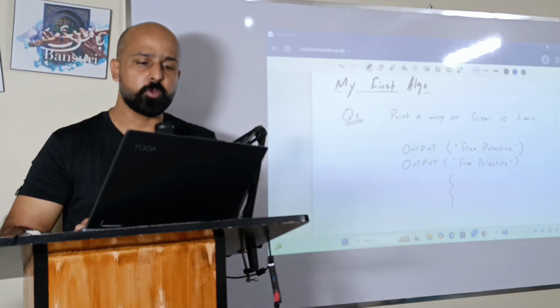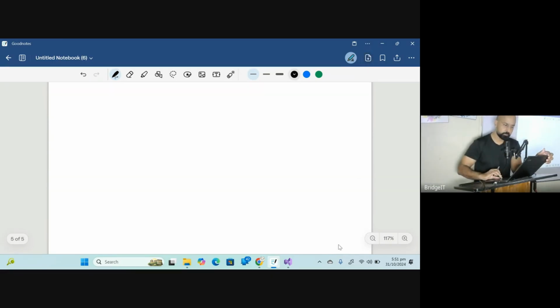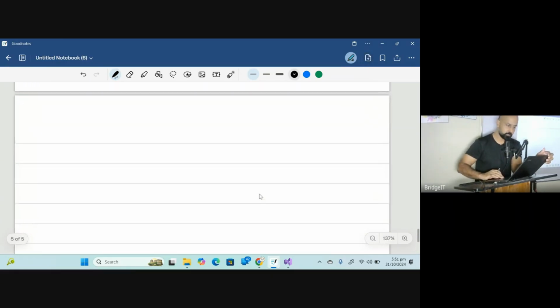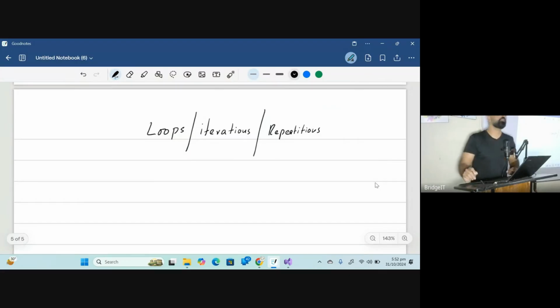From here on, we will quickly evolve into something like this. Let's call it loops, iterations. In the programming world, we have a few programming concepts. The very first concept of any programming language is iterations, loops, repetitions.